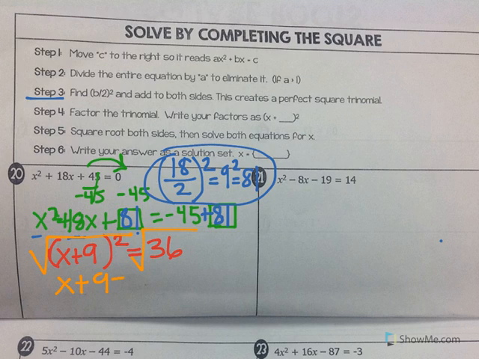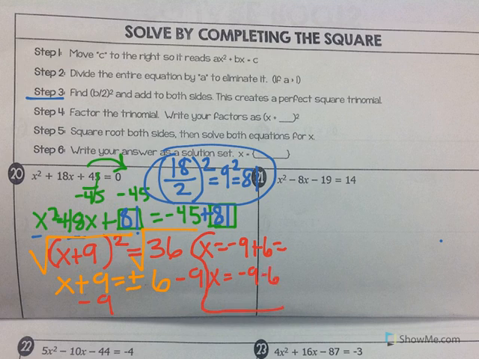And the square root of the right side is going to leave you with plus or minus the square root of 36, which is going to be 6. Okay, so you guys are going to subtract the 9. But when we subtract the 9, what's going to come first? You're going to have x equals negative 9 plus 6, and x equals negative 9